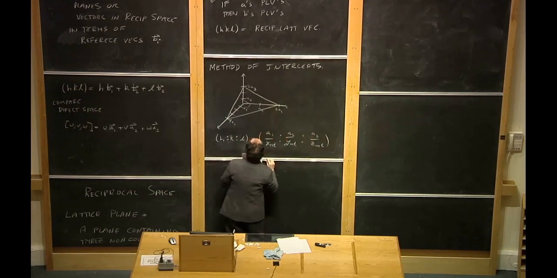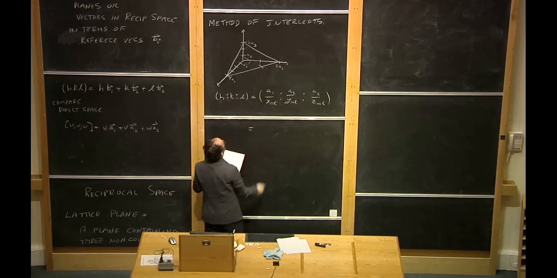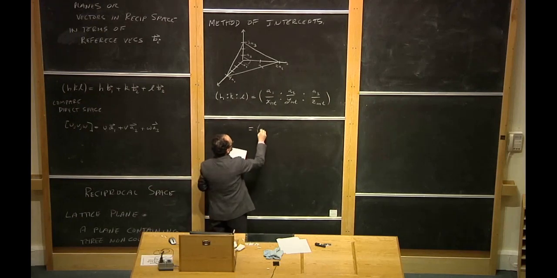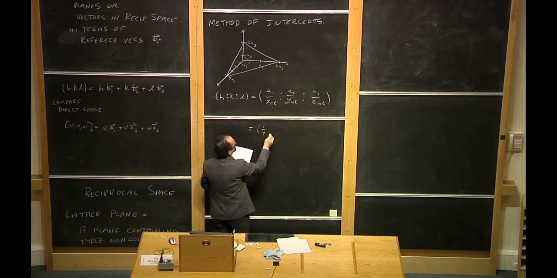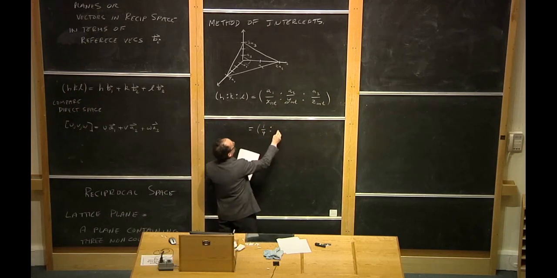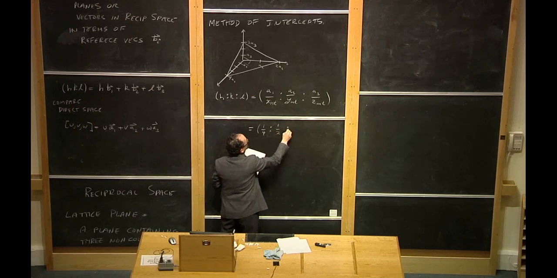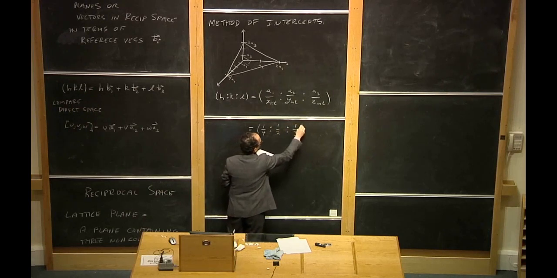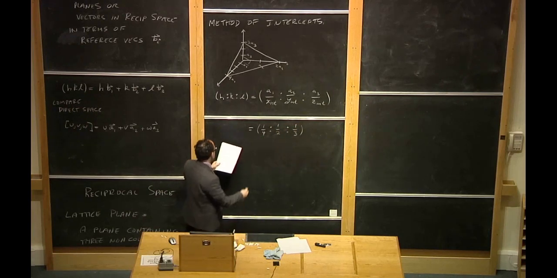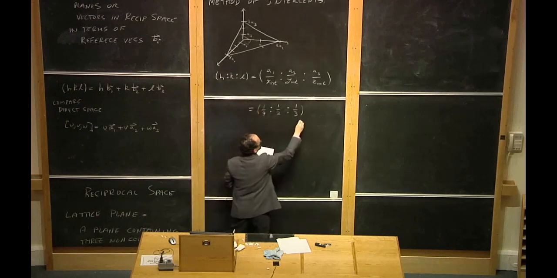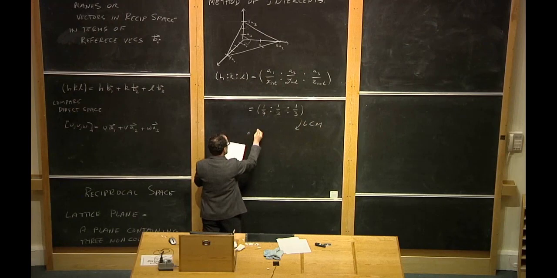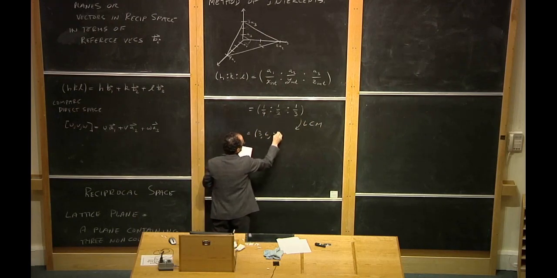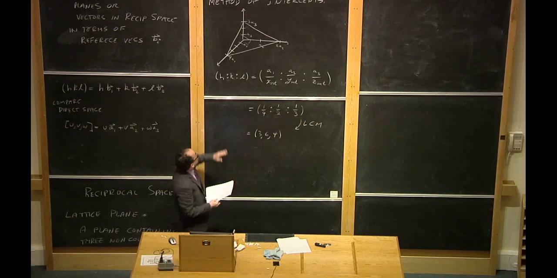So in this picture here, A1 over the x-intercept is 1 over 4. A2 over the y-intercept is 1 over 2. And A3 over the z-intercept is 1 over 3. So it should have the same ratios as this. If we multiply by the least common multiple, we get 3, 6, 4